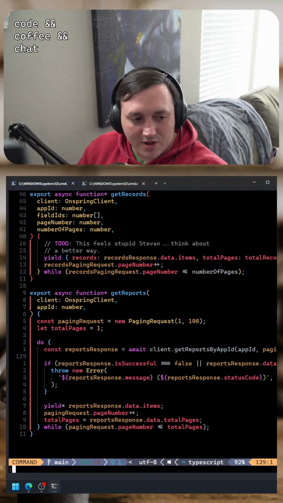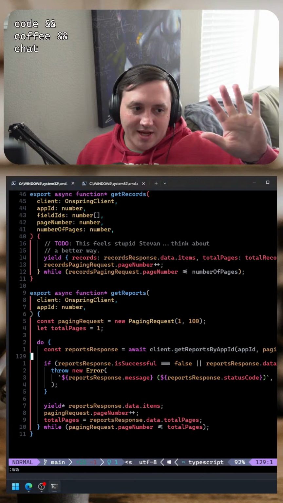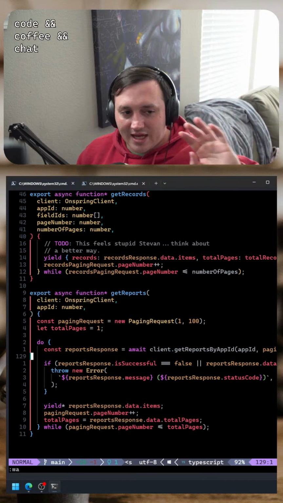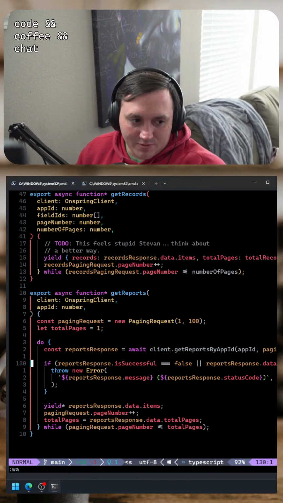And I think this is okay, because there may be more than one page of reports, but there's not going to be 30,000 pages of reports. So I think it's okay if we just fetch all the reports at once and return them back. I don't think that's going to take too long.